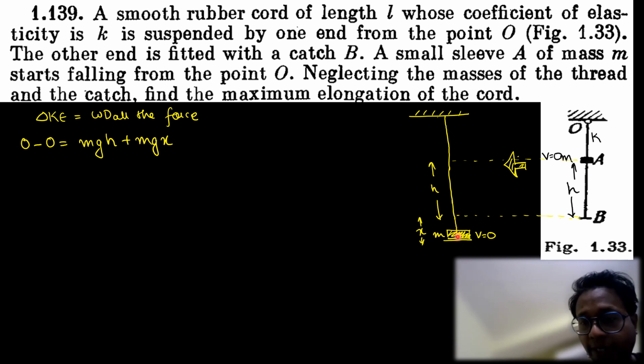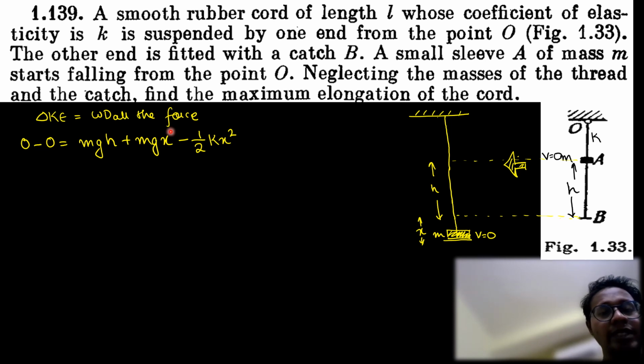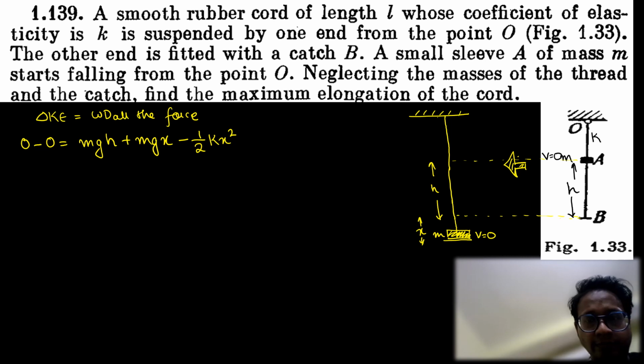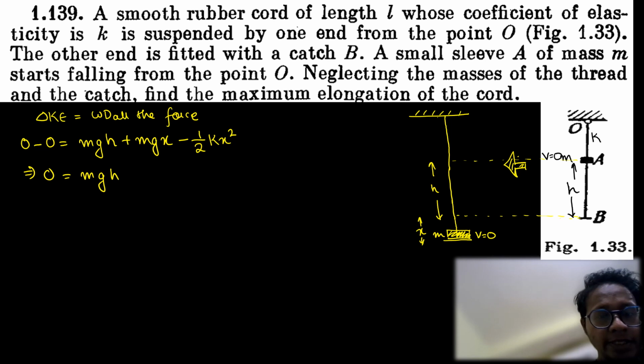Along this path, the work done by the spring is minus half kx square. This formula you have learnt in classes, and minus is because the spring force acts opposite to the direction of displacement. Now when you solve this, we'll get the value of x. So 0 is equal to mgh, let me write this properly, minus half kx square plus mgx plus